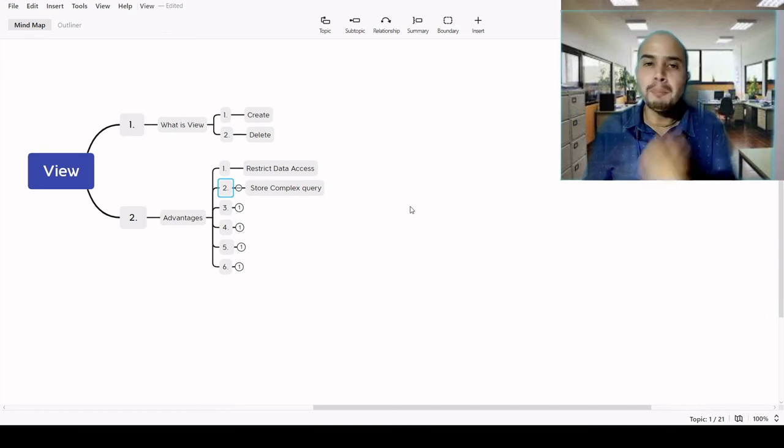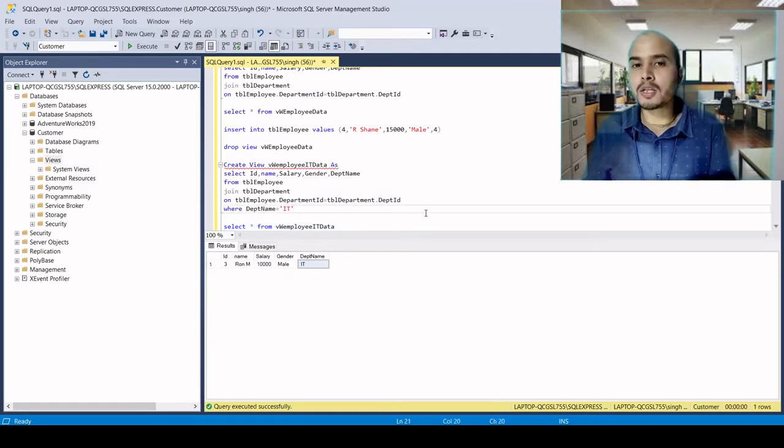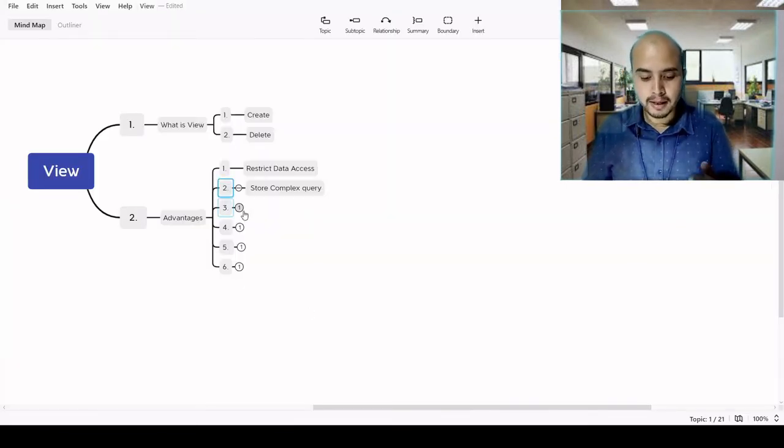You can write complex queries, you can write joins, but if you go to the IT operation person and he asks you for some data, he does not need to write joins, where clause, or do anything. You just write a view, write the complex query as per his or her requirement, and give the views to him to access. So that is the beauty of the views.